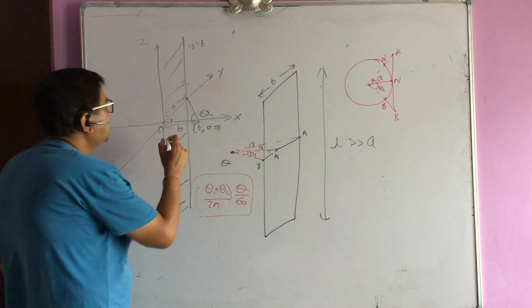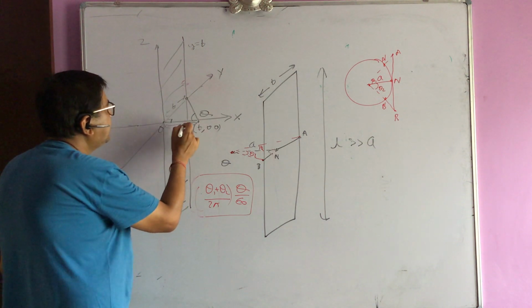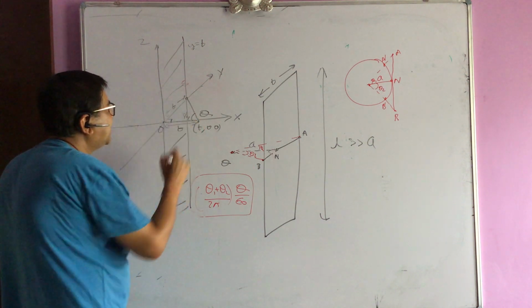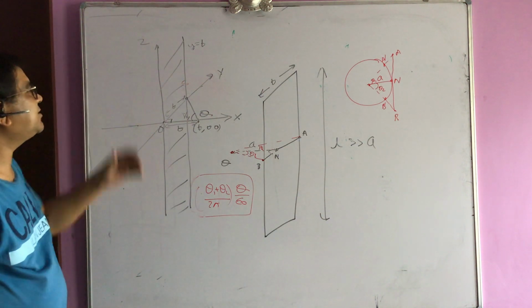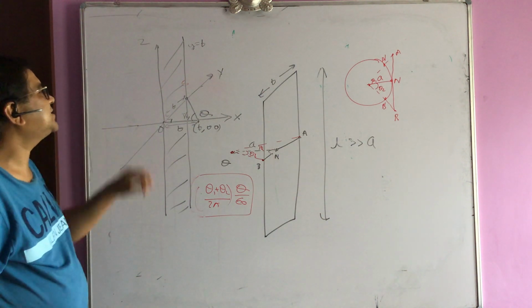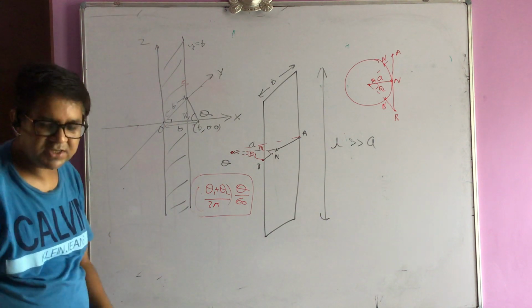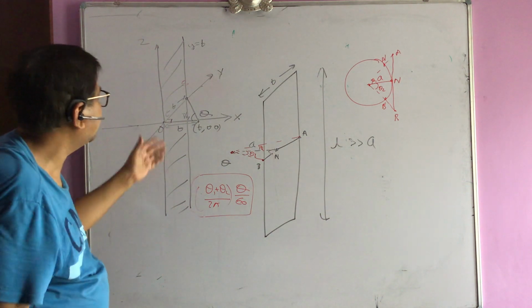So the angle is going to be tan theta divided by pi by 4. My question is, what is the flux through this sheet? The sheet is lying in the YZ plane with the width around the y-axis, and the width value is B. So what is the flux? You can see here the angle is pi by 4.